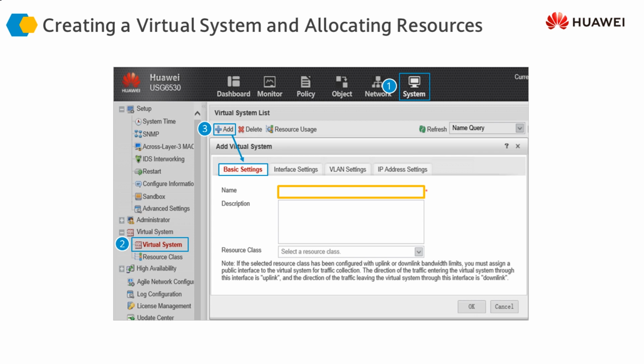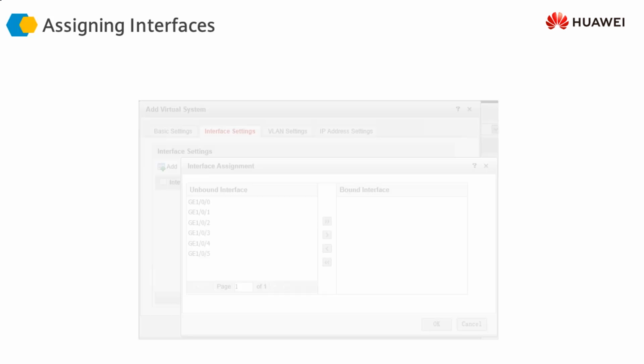In the basic settings we give the name, and if we want, we can give a description. An important thing here is that we import the resource class which we configured in the last step, or any resource class that is already available to us. We can see that resource class in the drop down menu, and we assign that resource class to this particular virtual system. Once this is done, then we assign the interfaces.